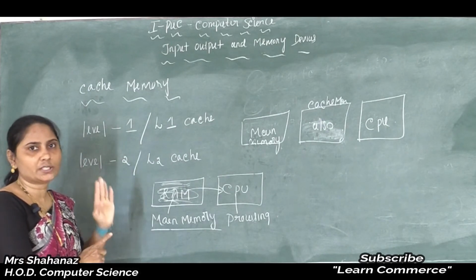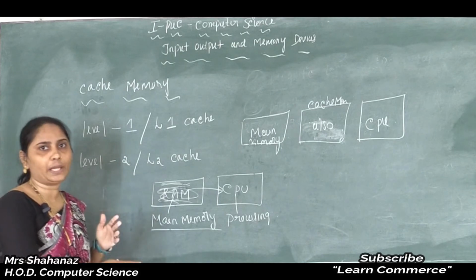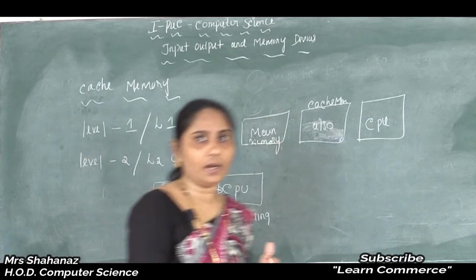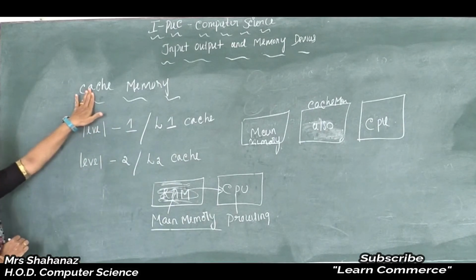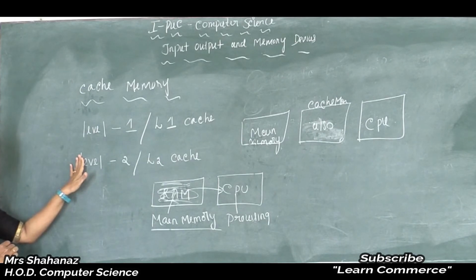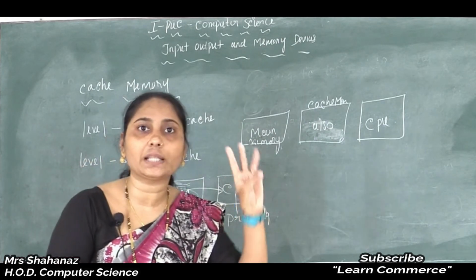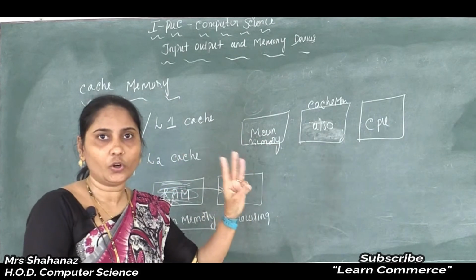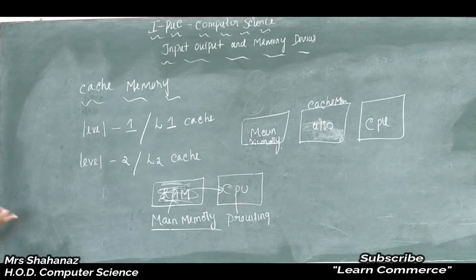Okay, so this is just for 1 mark, and whatever explanation I completed now is applicable for our 5 marks here. Now we know that in cache memory there are 2 types of caches. In our first year they added just 2 types, but there are actually 3 types of cache.